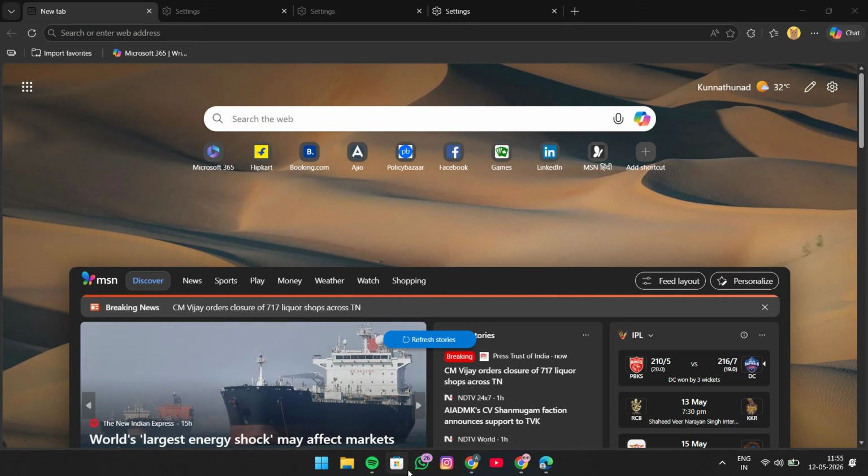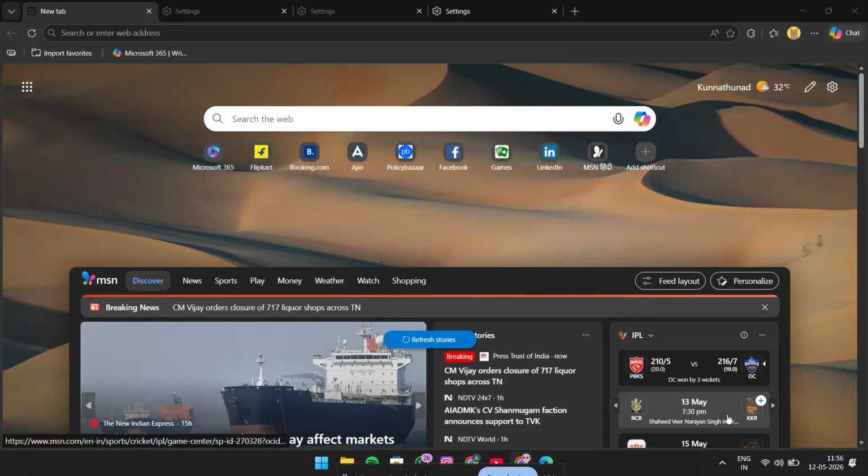Once you click it, the Microsoft Edge icon will disappear from the taskbar and your changes will be saved right away. There's no extra confirmation needed, and you don't have to restart your computer. This is one of the easiest ways to customize Windows 11 and keep only the apps you actually use pinned